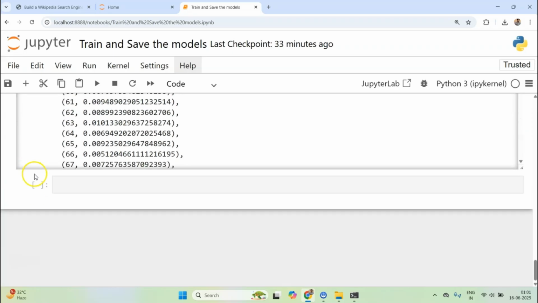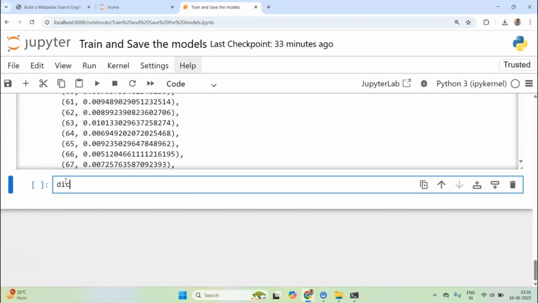Let's look at our dictionary's token to ID, or I think it would be a reverse thing, right? I want to get ID to token. Yes, ID to token get 27.